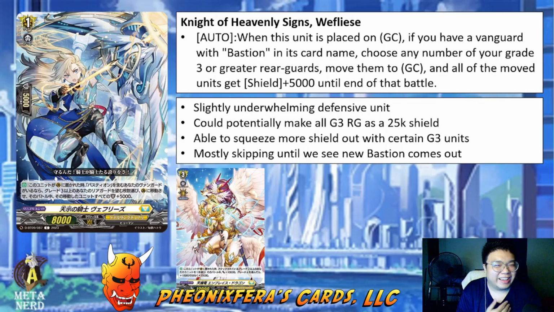So it's basically like a last ditch effort for you to survive one stupidly high power attack. So it's decent, but at the same time not really that great. Why I say this unit is not really that great is due to the fact that it's a grade 1. As we all know, Bastion wants to play with grade 3, so this grade 1 doesn't really do that for